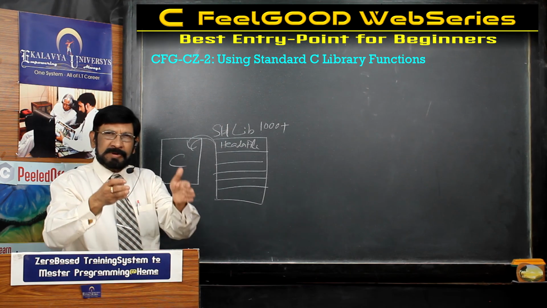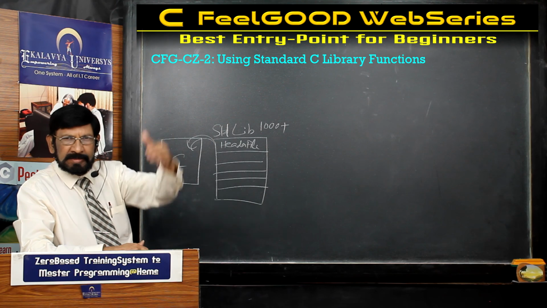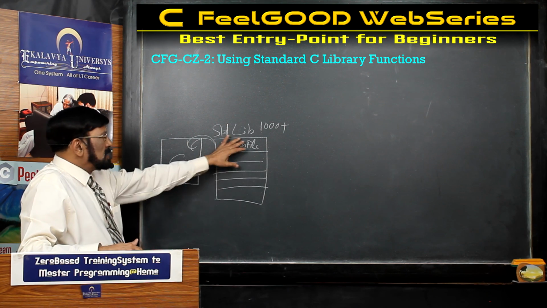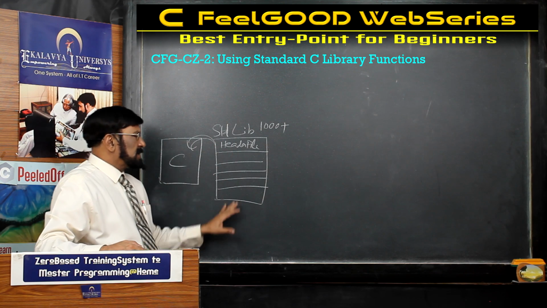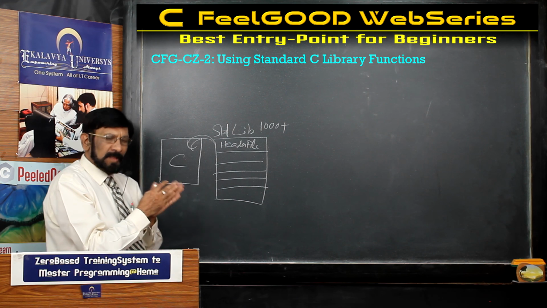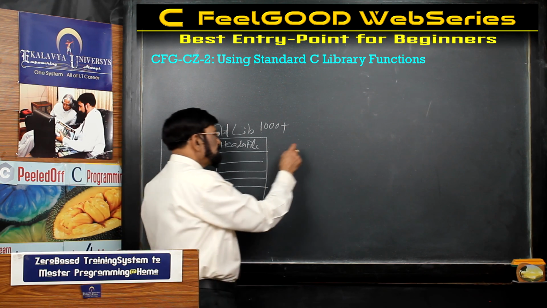Header file means you understand like an almirah. In a library, one almirah is there. In that all computer science books are there. And in that also, those are grouped. In computer science also, many groups are there. These are like a header file. Each almirah is called like a header file. For example, I show you the names of certain header files.